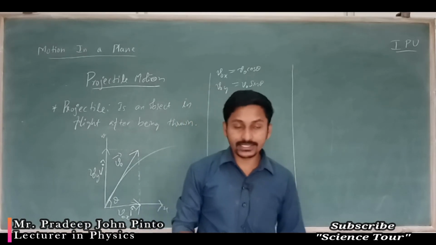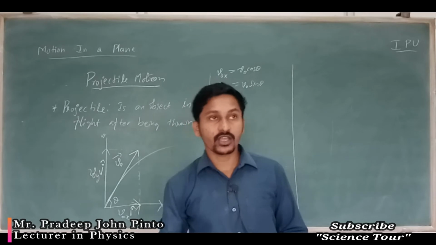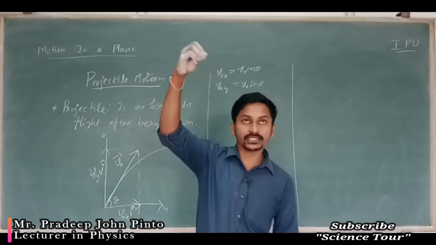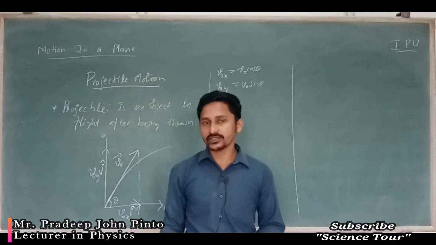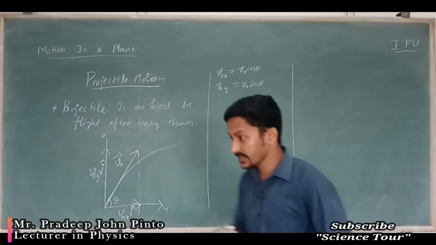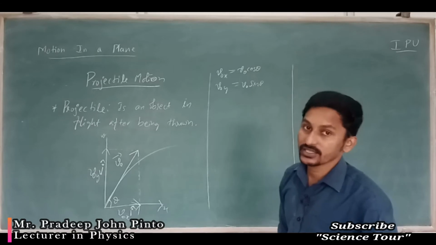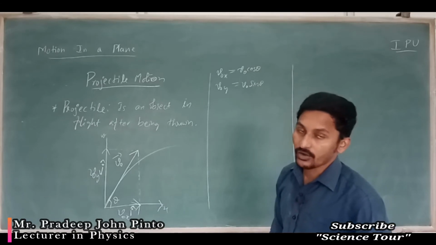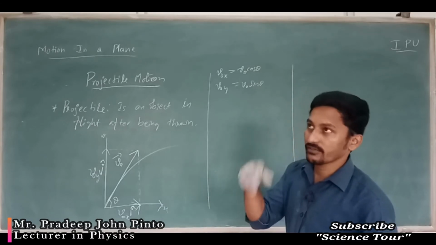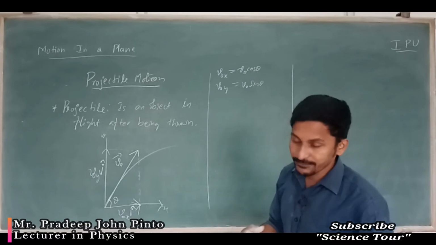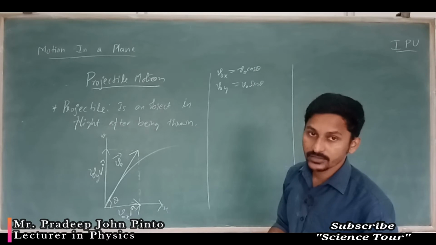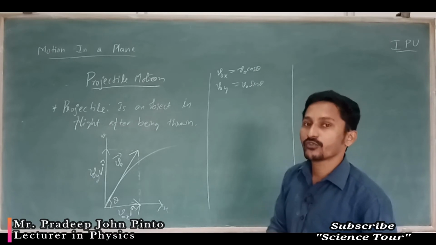Now what is the acceleration in the vertical direction? Because the vertical velocity is decreasing and increasing, the vertical velocity changes. But does the x direction velocity change? Who is responsible for changing the velocity along the x direction? Gravitational pull acts vertically, but is there any force along x to change it? There is no force.